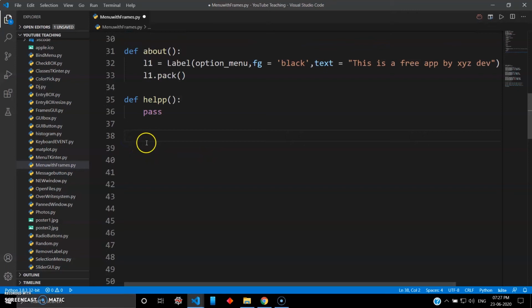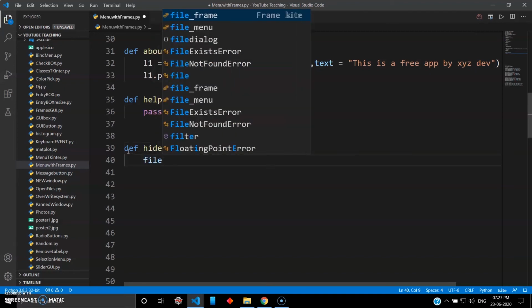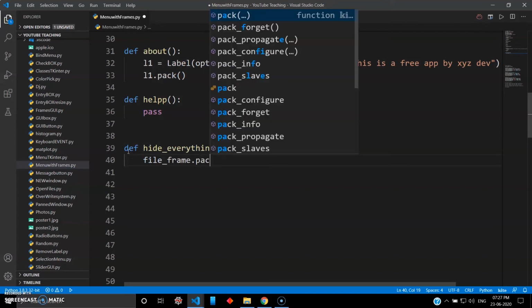I will leave the link in my description to the pack forget video. We have seen grid forget and pack forget, but since we are using pack here, we have to use pack forget. So we'll declare another function like hide everything. And inside that, you have to just pass the frame. So file frame dot pack forget,